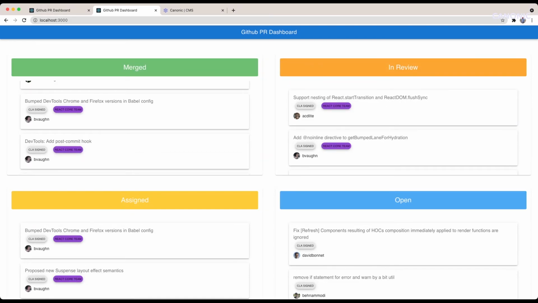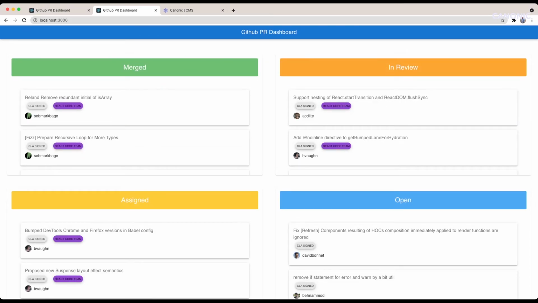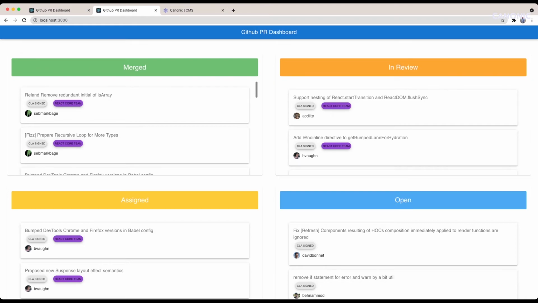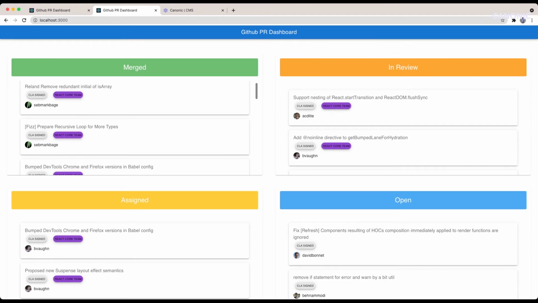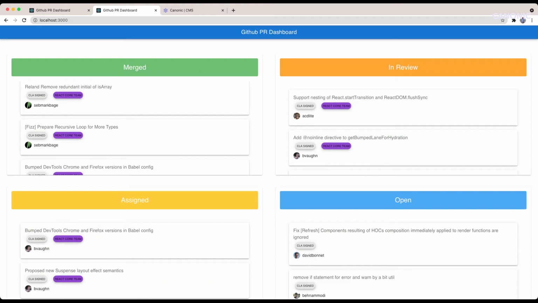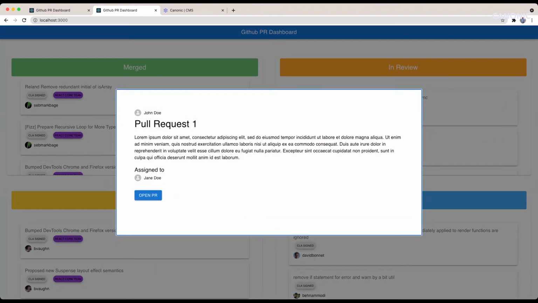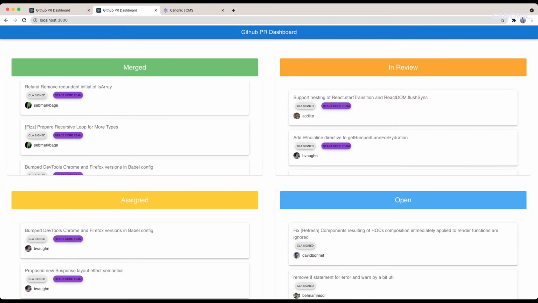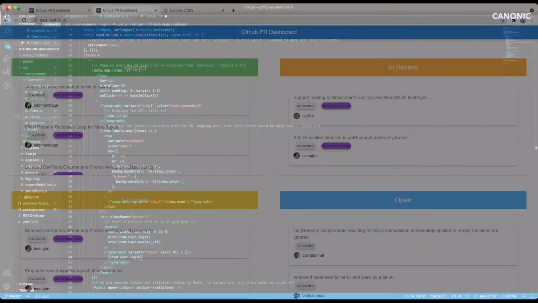Yep, this looks great now. We can see all the data that we sent or propagated to our list component is now getting shown very properly. But as you can see, the modal is also still showing the dummy data. Now, as a last step, what we need to do is pass this particular pull request data that the user would click to the modal itself. So let's head to VS Code and see how we can achieve that.